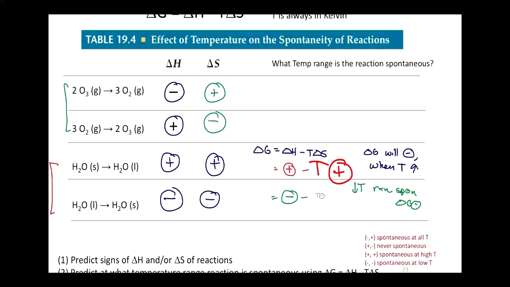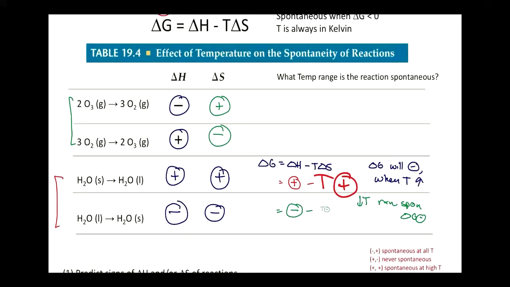All right. Okay, so let's do the same exact thing. Ask ourselves, in what temperature scenario does delta G come out to be negative? Because that is what we are looking for. So again, we're doing delta G equals delta H minus T delta S. Place in those signs. So for this first one, we have a negative enthalpy minus temperature times positive entropy, right? So then ask yourself, when is